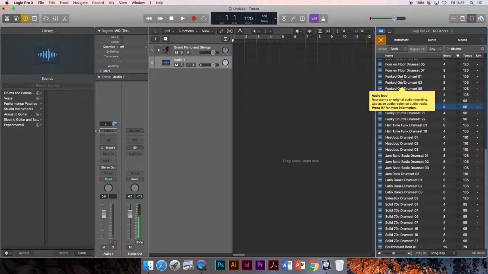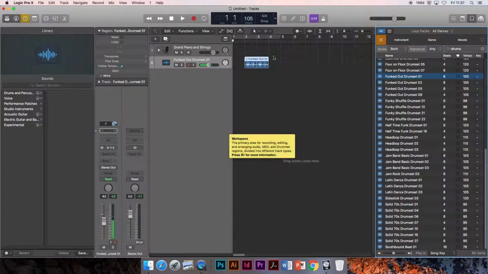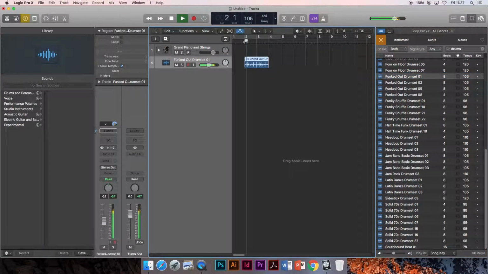And you can click through them. Find one that you like. Actually, I quite like that one. Once you've found it, all you do is click and drag over to your channel. It won't go up here on my software instrument one, but it will go down here on my audio one. Once that's there,